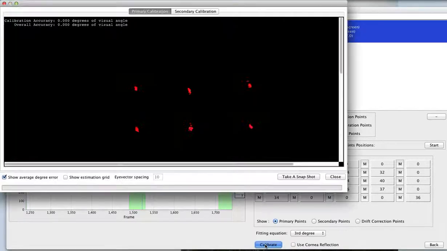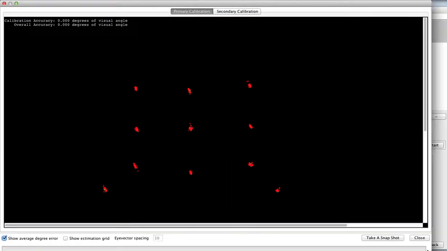So now we'll press calibrate, and you can actually see this is doing quite a good job of accurately calibrating this subject. We've got the green points, which are hard to see because they're so well mapped onto the eye gaze. Those are the places we ask the subject to look, and the red dots or the red plus signs are the places the subject actually looked. This is our estimate of the projected gaze direction. So because there's such a tight correspondence between the two, we have high confidence that we're accurately tracking where the subject is looking. So I'm going to close this, and